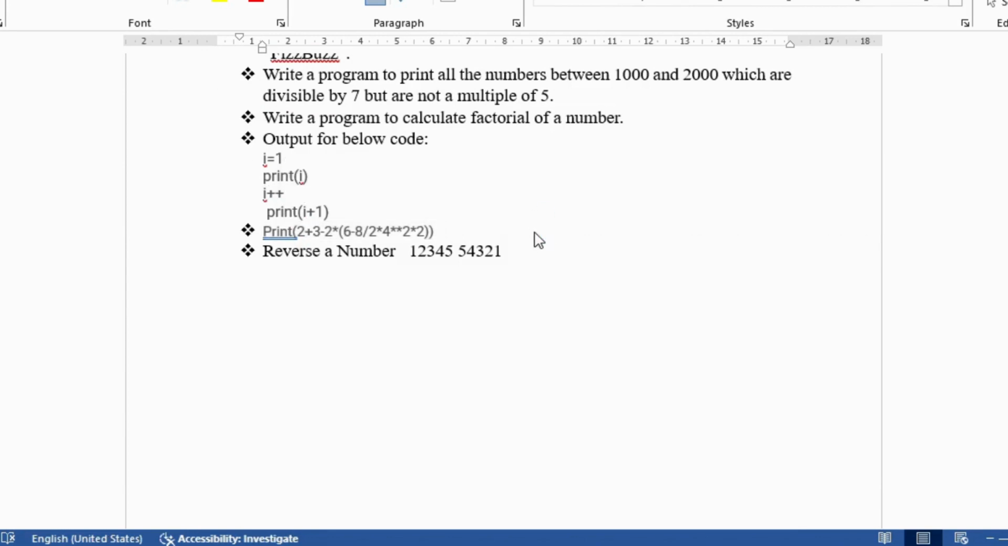Yes, next question is reverse number. If the input is like 1 2 3 4 5, the output should be like 5 4 3 2 1. So let's try this. First you try by yourself, and I will be explaining this code because this will be